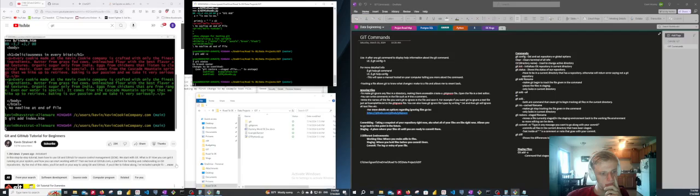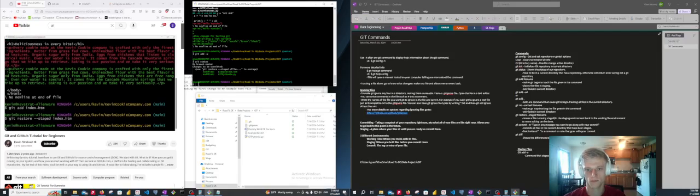Let's say I want to remove this file from staging. Maybe I'm not ready to commit it. I could type in the command git restore --staged and then index.htm. Now, once I press that, this moves that file back to my working files. So if I were to commit now, this file would not be included because this file is currently in the